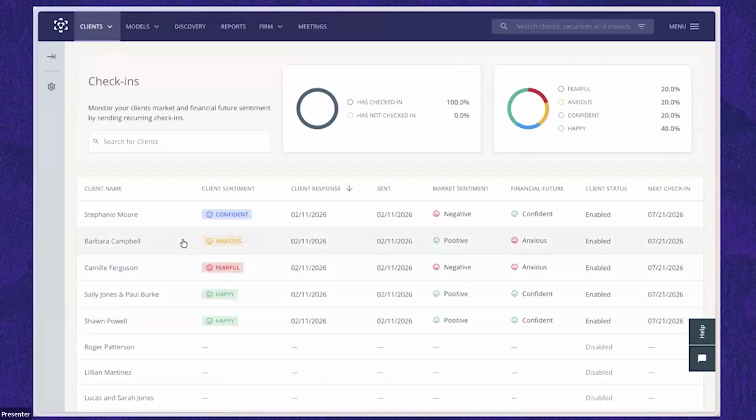So you can come in here and sort of keep your finger on the pulse of how your clients are feeling in between meetings. And again, this is a great tool to keep that initial momentum going. It keeps the conversation lines open. And honestly, we've heard from a lot of advisors before that this helps in actually reducing the number of concerned phone calls that they get from clients week over week, because clients know the plan that you've set forth for them. They're aware of the plan, they're confident in the plan, and it takes away a lot of that doubt